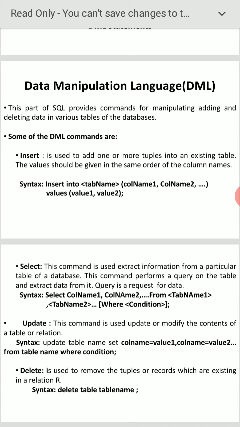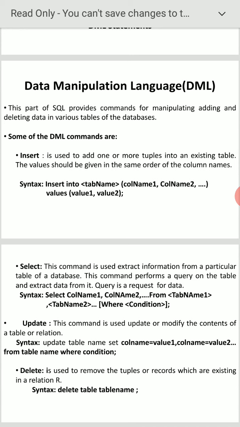Now, the fourth employee's salary was 4D 20,000. Now it becomes 15,000. Like that, we can modify the information in the database, in the table.